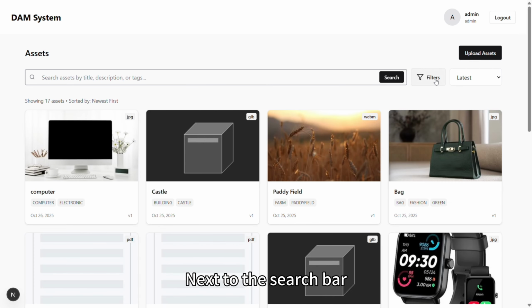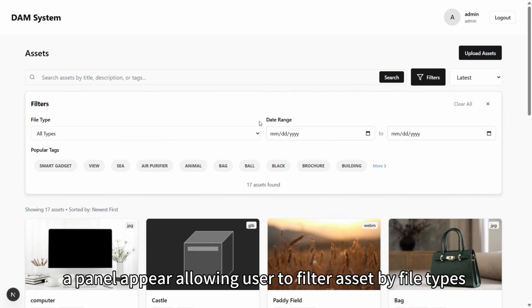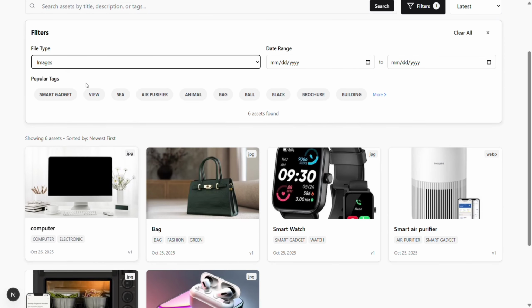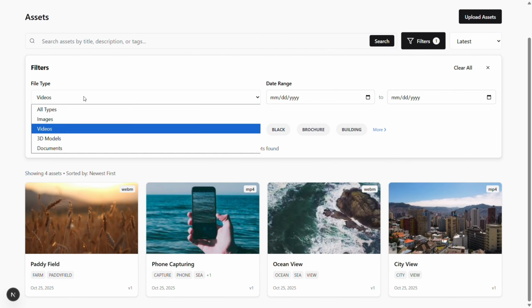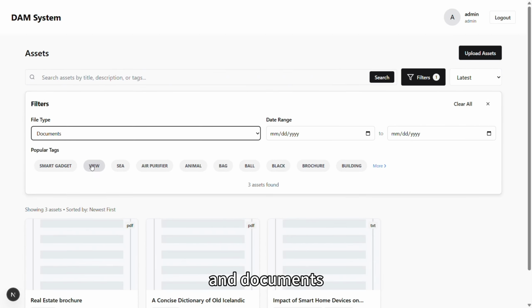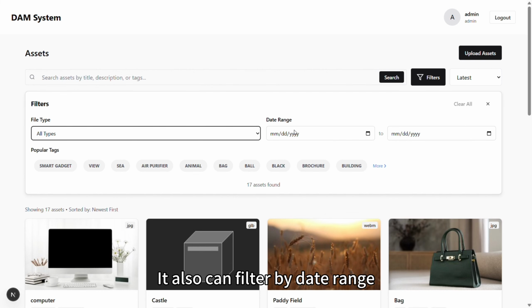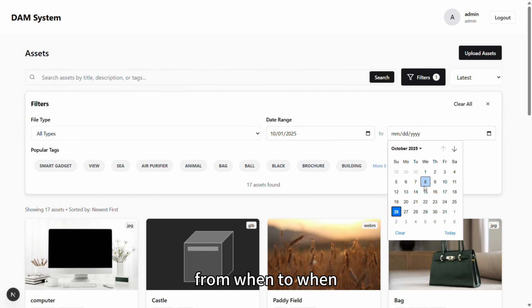Next to the search bar, there's a filter button. When clicked, a panel appears allowing users to filter assets by file type, such as images, videos, 3D models, and documents. It can also filter by date range, from when to when,